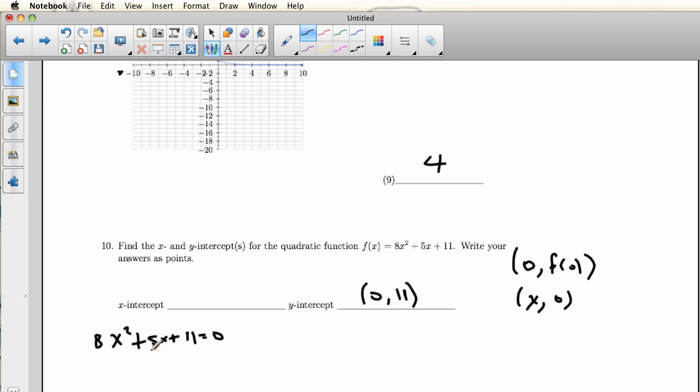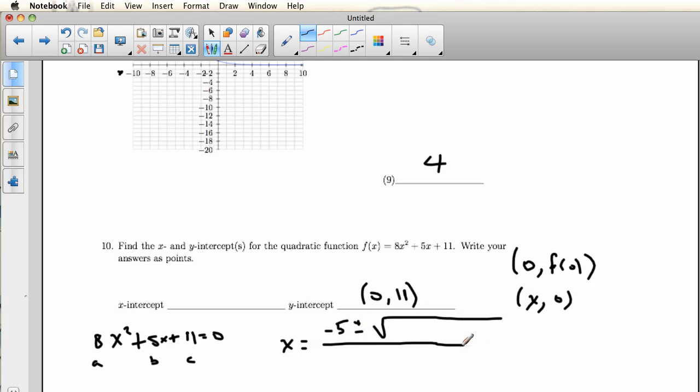And so I'll try to factor, but I'm not going to get anywhere factoring here because I have 8 times 11. I need 88 as a product with two numbers whose sum is 5. And so that's not going to happen. So I'm going to use my quadratic formula. We have one giant fraction bar here. So I'll have -b, where this is a, b, c. So -b plus or minus